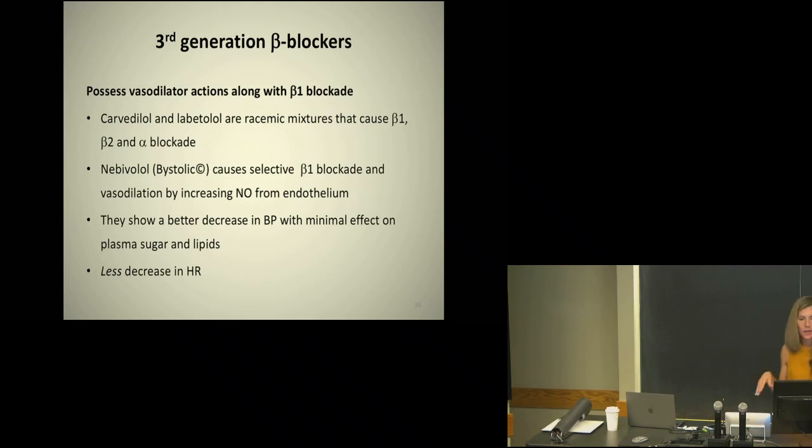Now, then we have nebivolol, which is beta 1 blockade, again, but it produces NO, and we'll talk about NO a lot when we get to the heart failure section. But remember, that's how you get local vasodilation. So that's another property that would allow you to reduce beta 1 activity as well as having an added benefit of peripheral dilation. Okay,